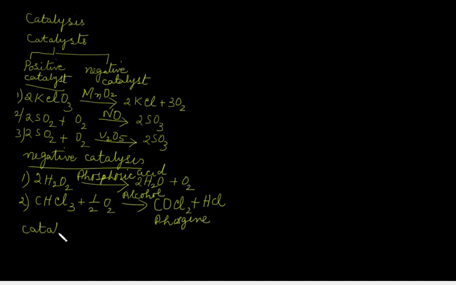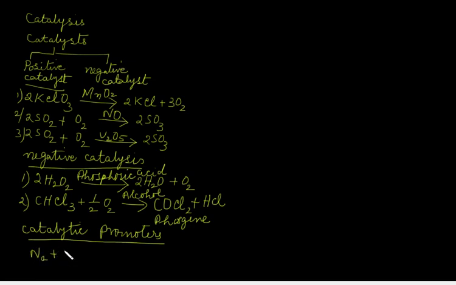What are catalytic promoters? Catalytic promoters are certain substances which, when present along with the catalyst, improve the activity of the catalyst. Let us see one example. In Haber process of synthesis of ammonia,